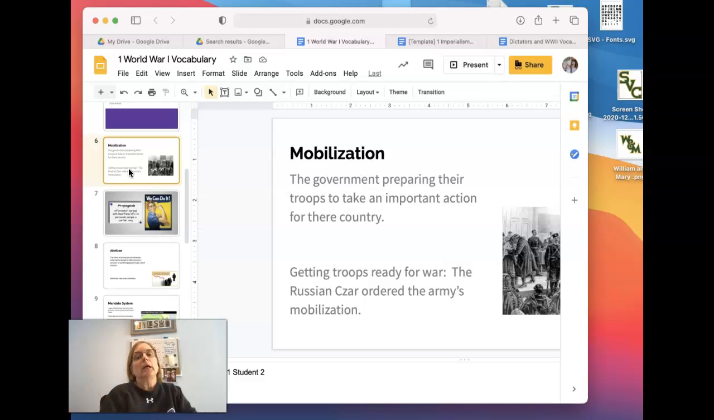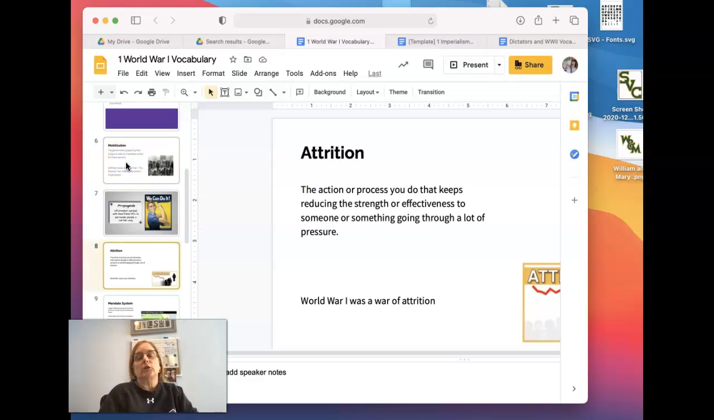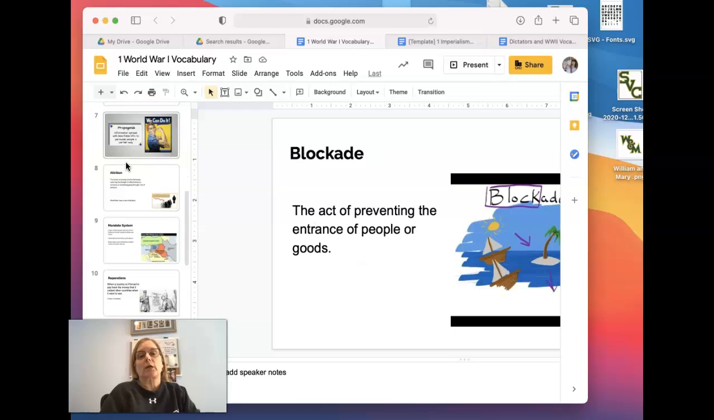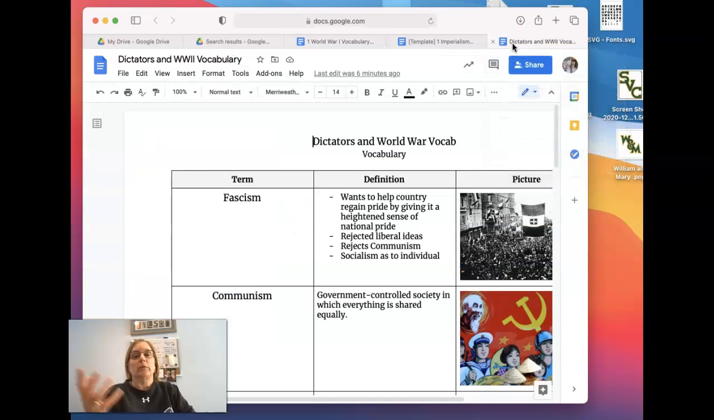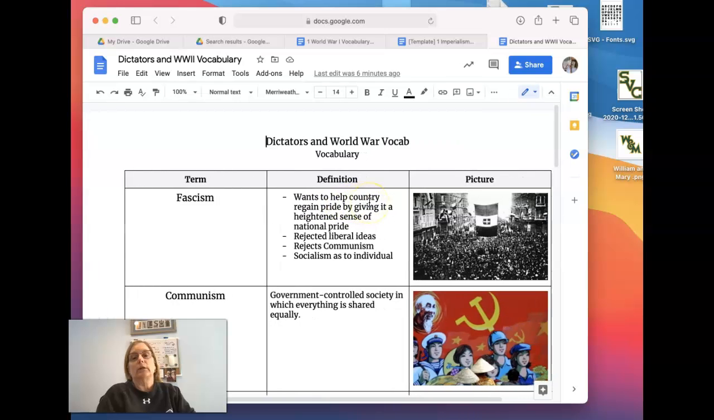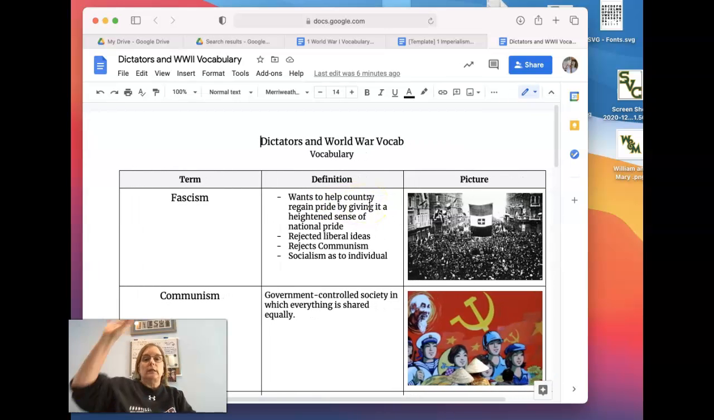Then we will go over each term. We'll talk about any corrections that need to be made. When they are done that, I've got some examples. So then the kids, I can give them this organizer where they take the definition, they could write the definition